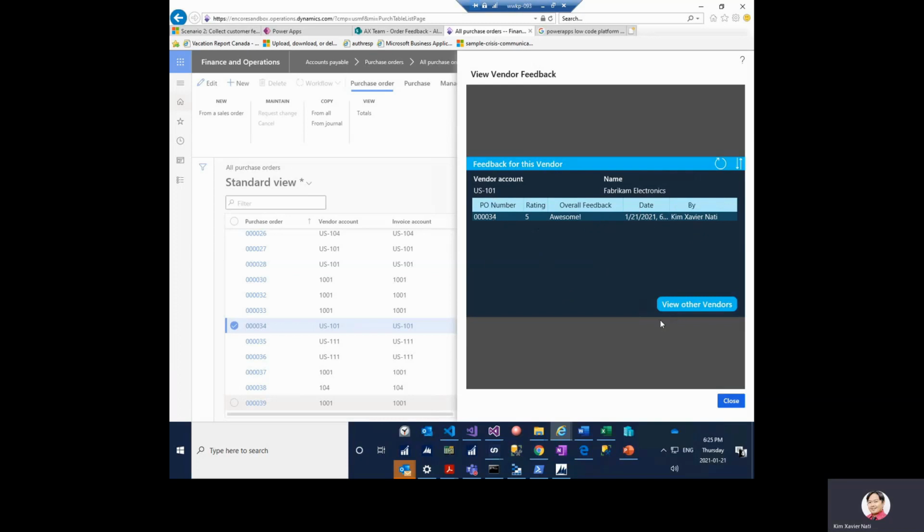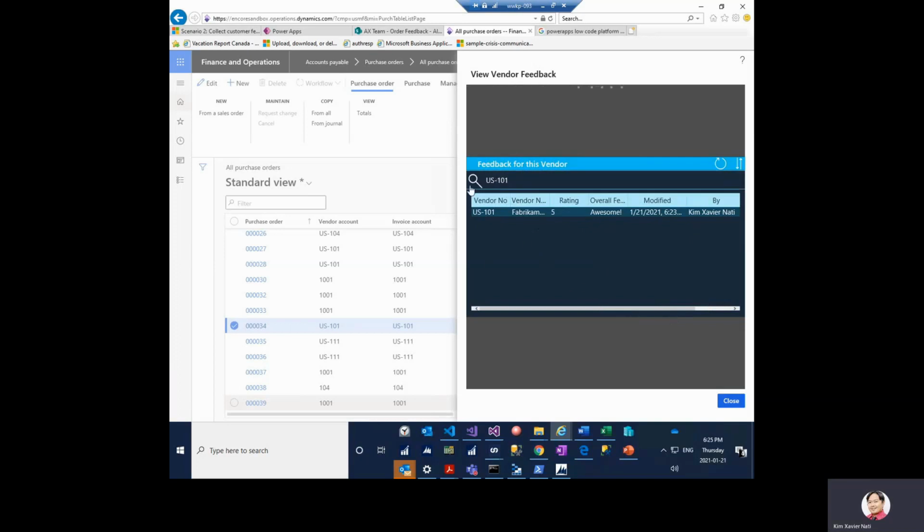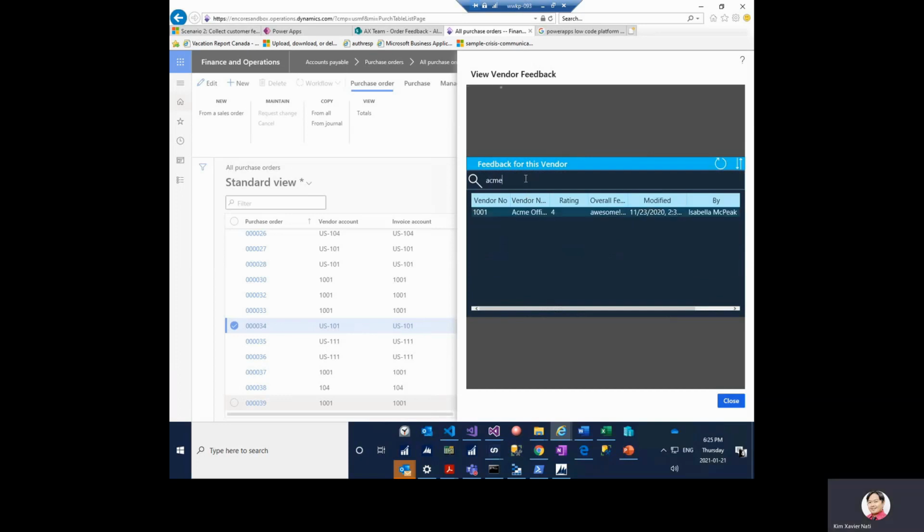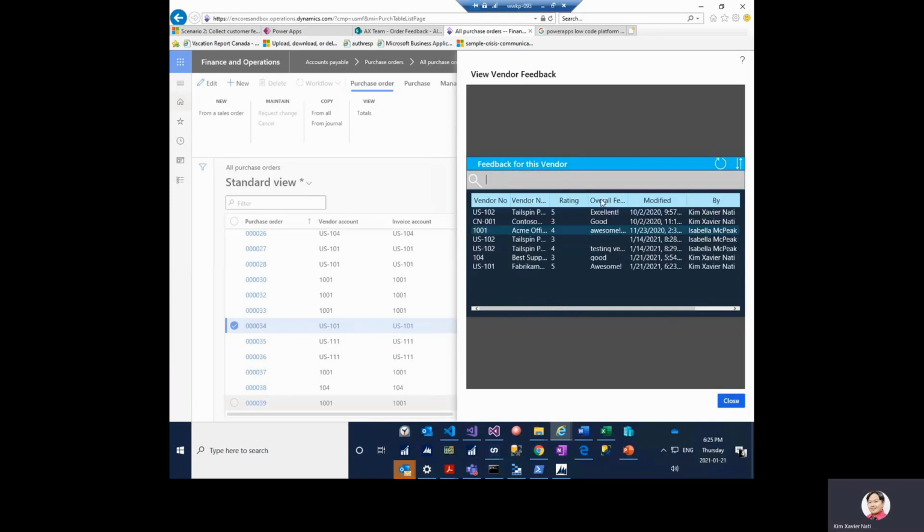Now, if you wanted to see more feedback for other vendors, you just click on this button here, and then again, it just defaults to that vendor account number that was highlighted on the PO form. That's why we see it here. But so from this screen, we can now search by vendor number or by vendor name. So, for example, we can now say filter by the vendor name Acme. We see there's only one vendor feedback here, or use the vendor number,